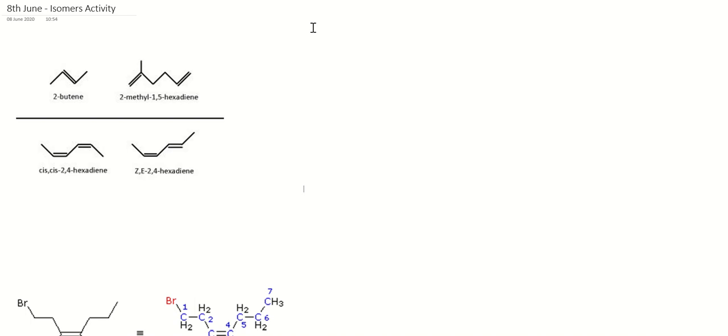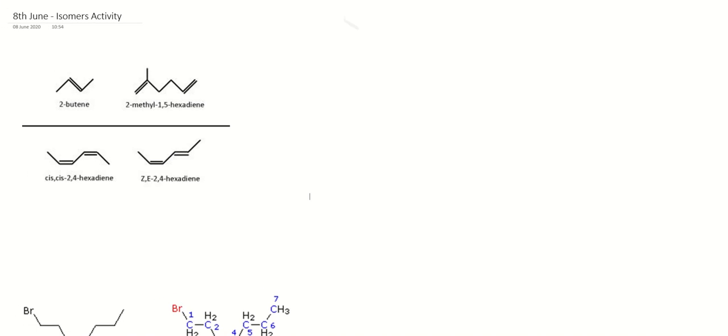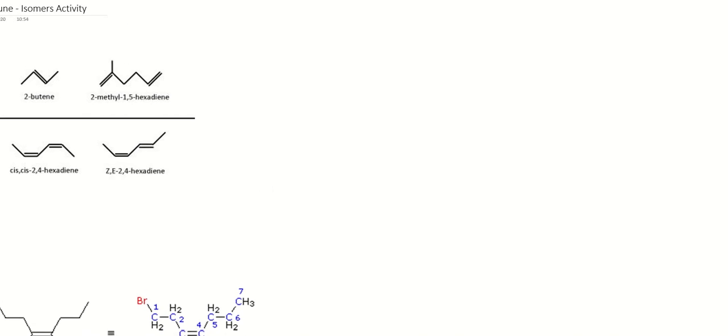Okay, so I'm assuming that you've gone over that link that I gave you before with the different types of stereoisomers, so you're kind of happy with the basics of what structural isomers there are. So structural isomers are the things with the same molecular formula but different structural formulas. So that means we've got